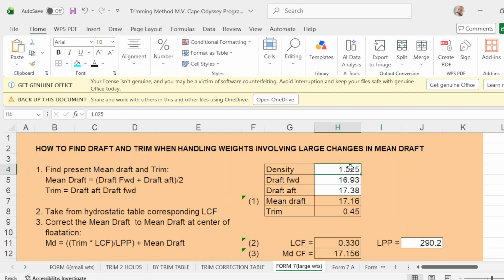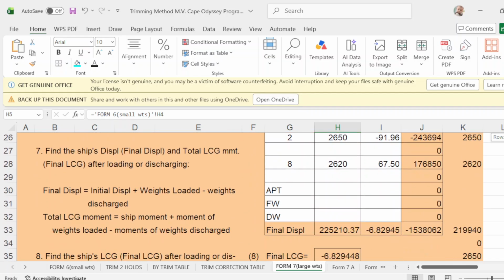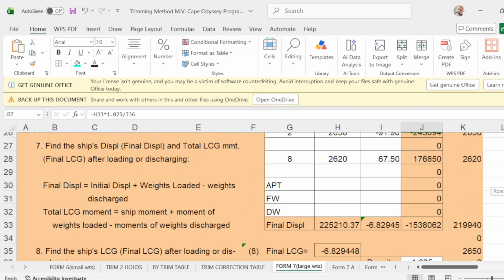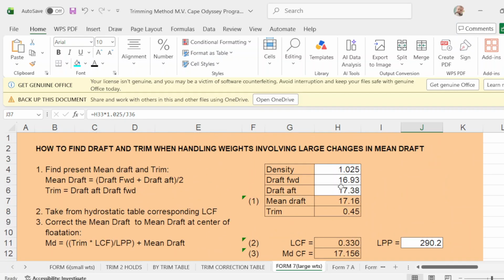Our initial density at loading port is 1.025, and upon completion, the density would also be 1.025, okay?